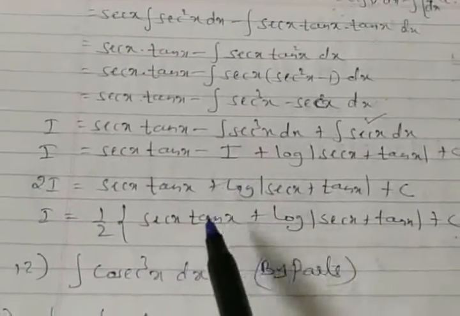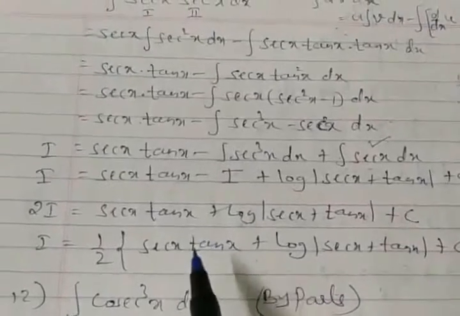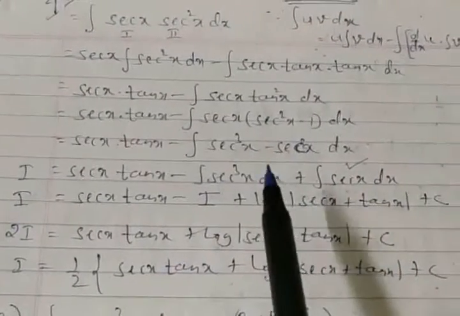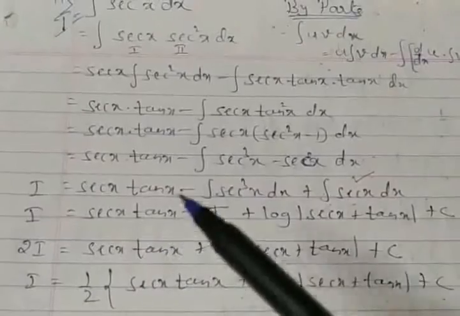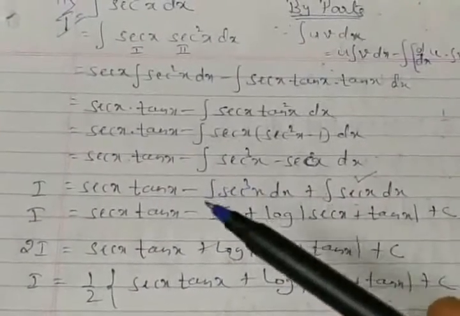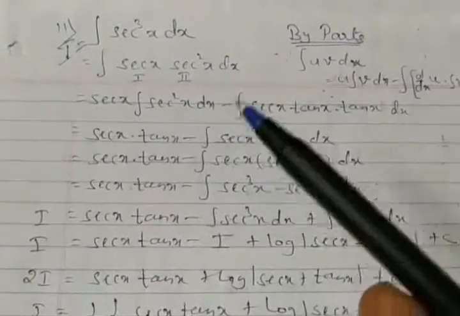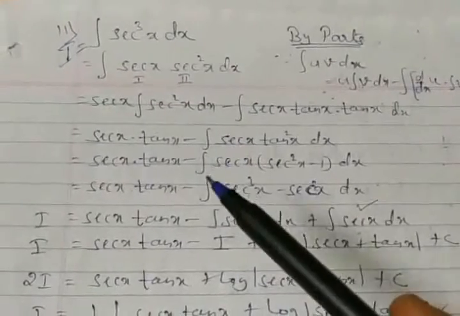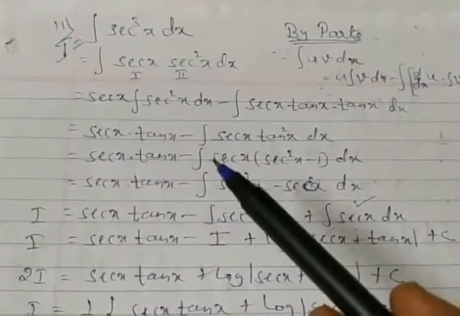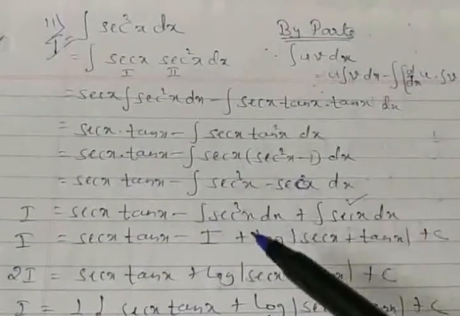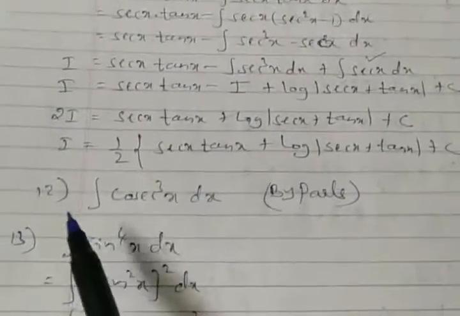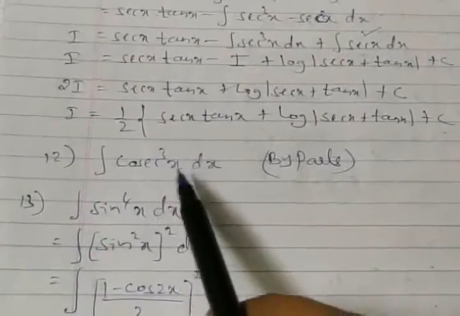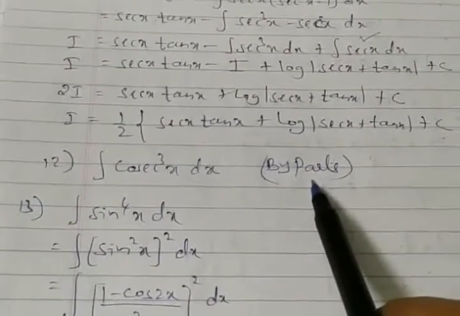This is not given in your textbook, not mentioned in your syllabus, but by parts is there in your syllabus. Because I was in the flow of sine cube, cos cube, tan cube, cot cube, I just thought let me go for sec cube also, an extra part which has been added. So it's not compulsory that you need to solve it. Just have a look at the method we have taken. Similarly, you can try integration of cosec cube x also. This is also done by parts.